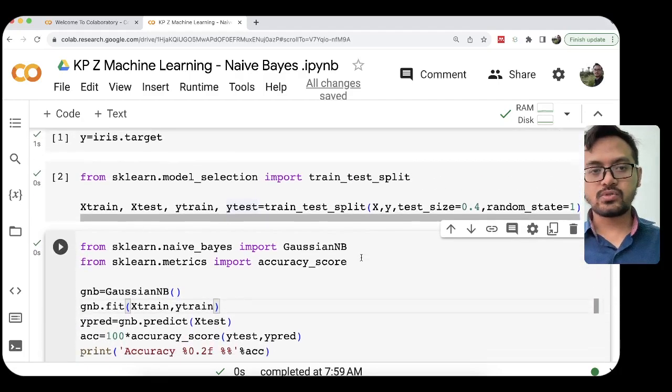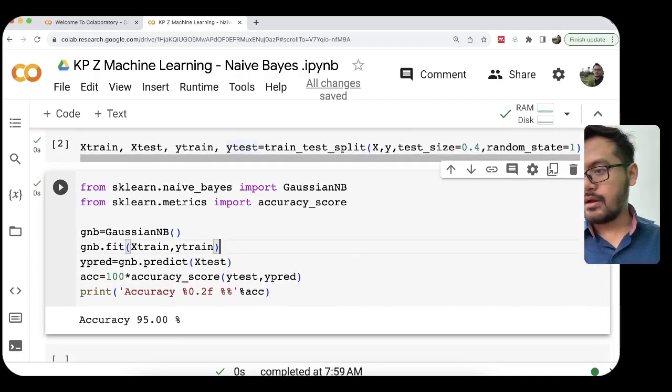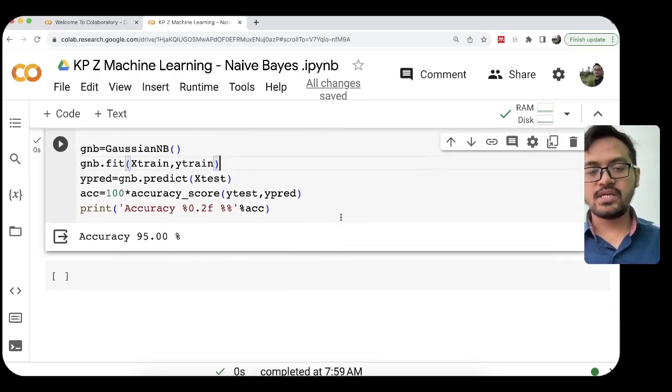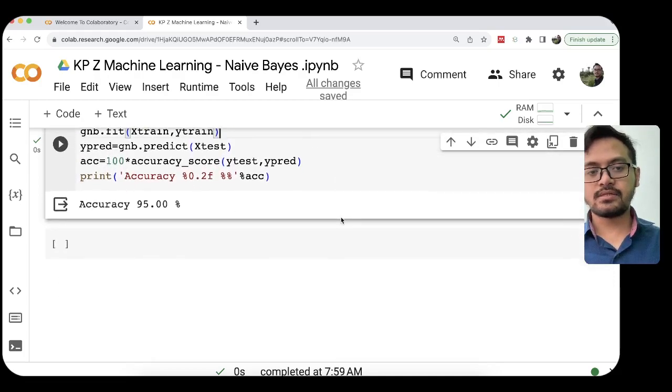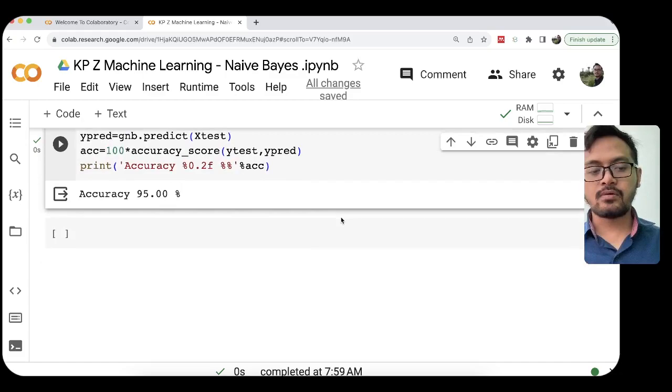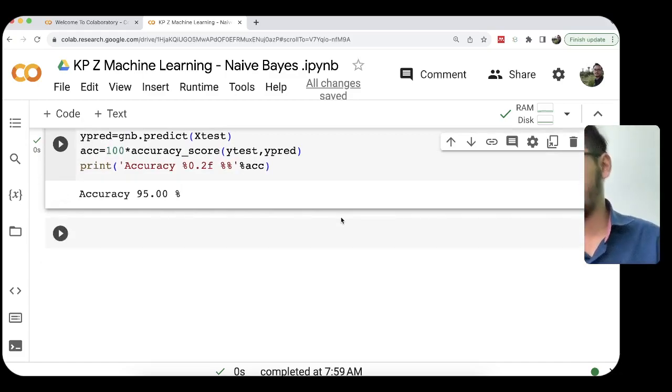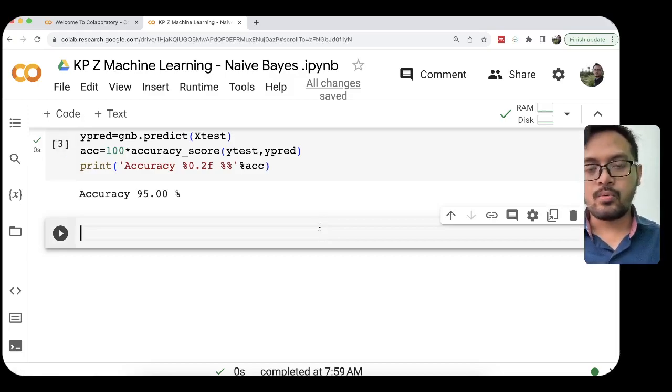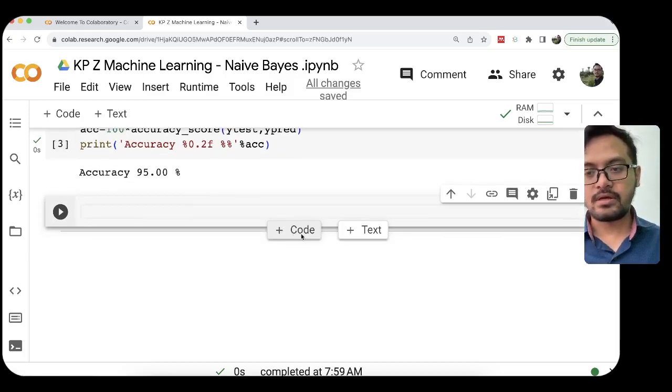Okay, the next one is we will see the correlation coefficient between each feature in our dataset. This is something I already explained last week when we discussed KNN, but we can review it again.